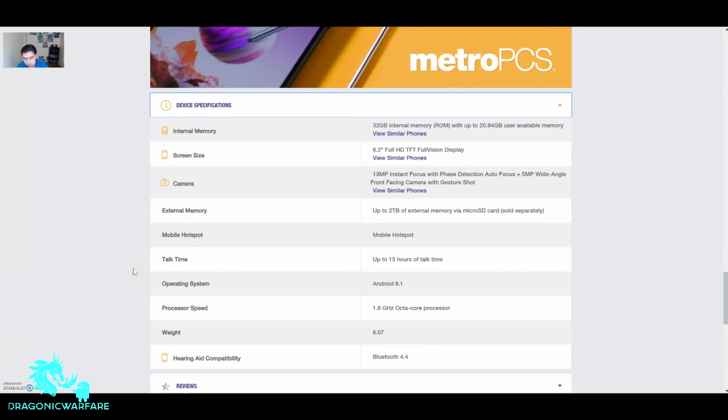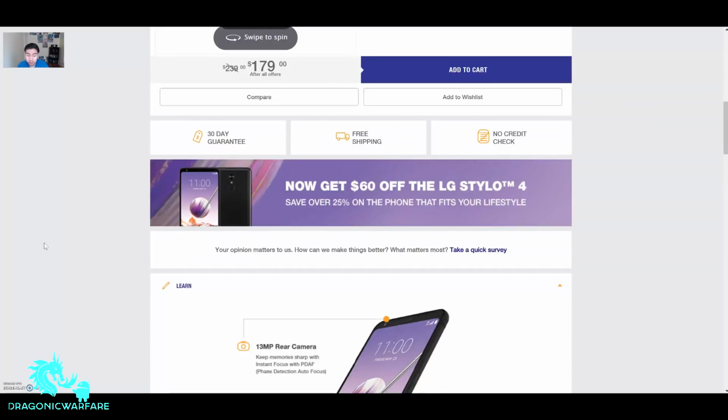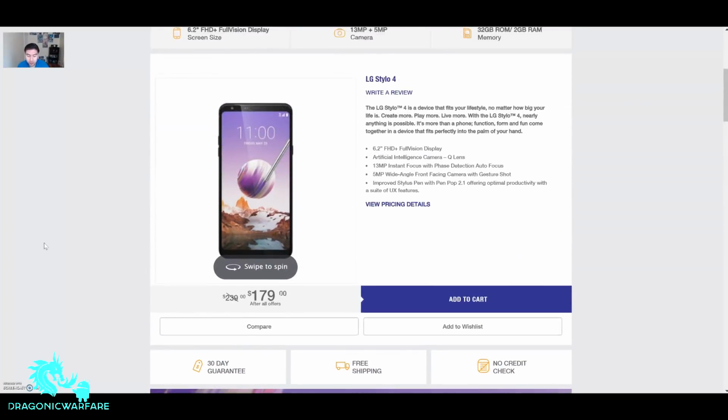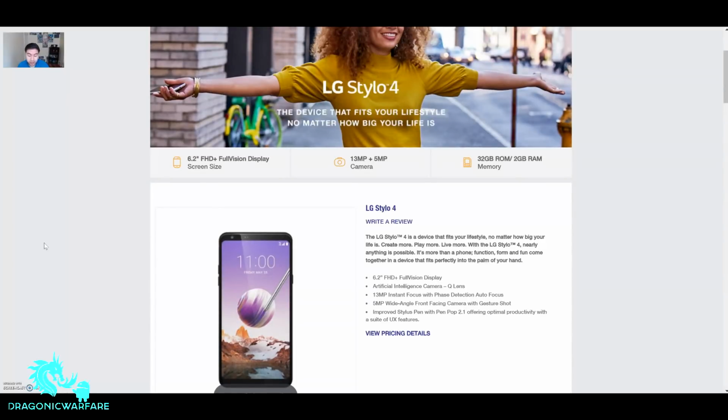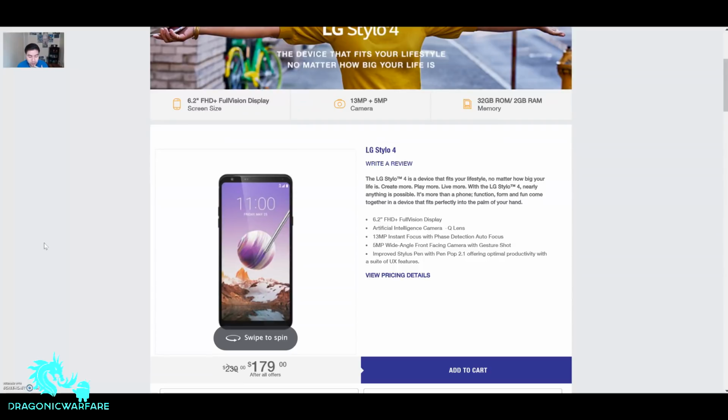Yeah, so look at that, 1.8 gigahertz octa-core processor. So it has basically the same thing. It's just that it has 2 gigs of RAM versus 3 gigs. So like I said, if you don't care and Metro works in your area, then go ahead and get this one. I mean, that's the one, get it. But I'm very curious to wait for the Boost Mobile variant to see if it's the same thing like this,